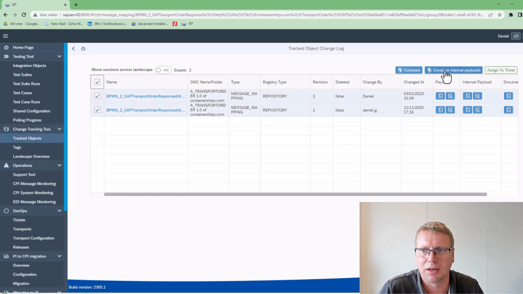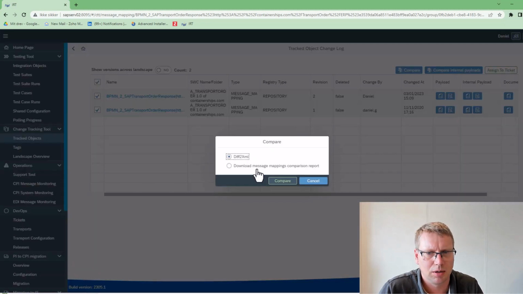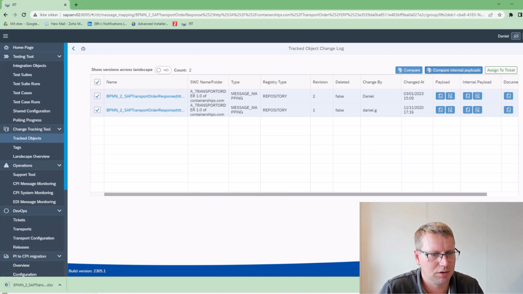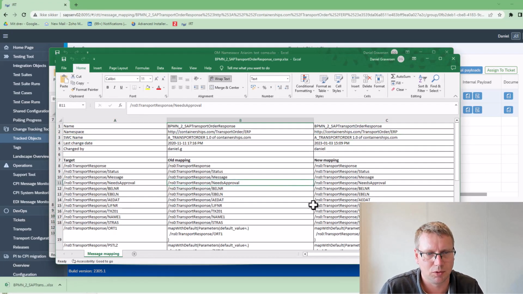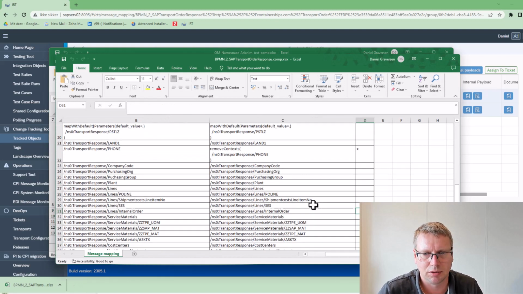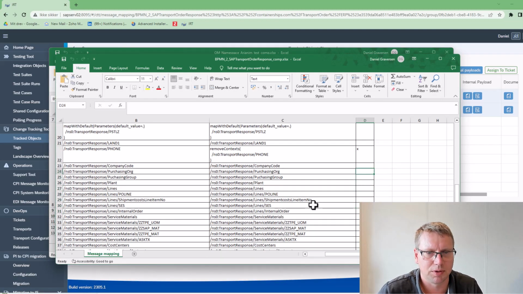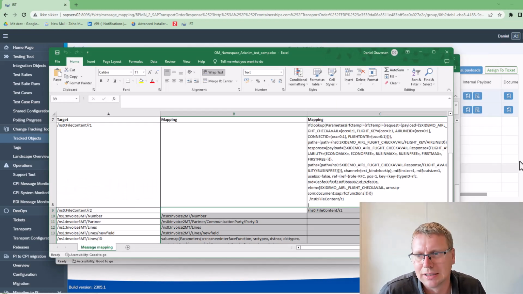Let's see if we have made any changes here. Compare internal payload, message diff report. I guess this is still the same. It is just between 2 different versions. We can easily go out here and see if there's any difference. So there was something about some context that was added to the phone number. Not sure what. Anyway,